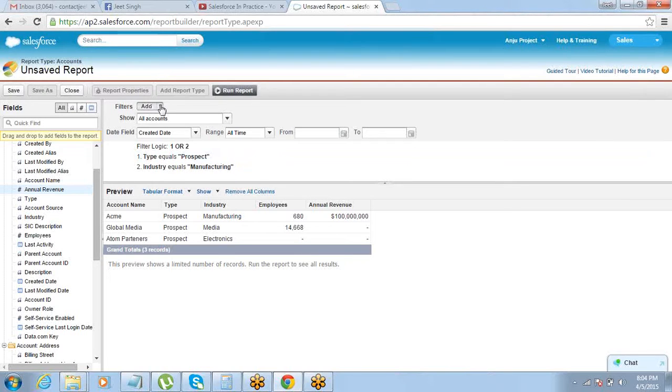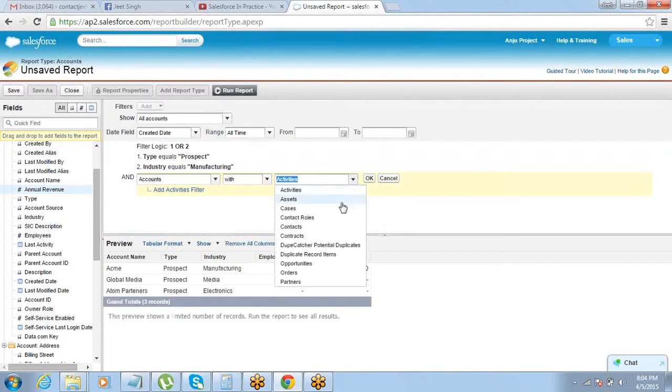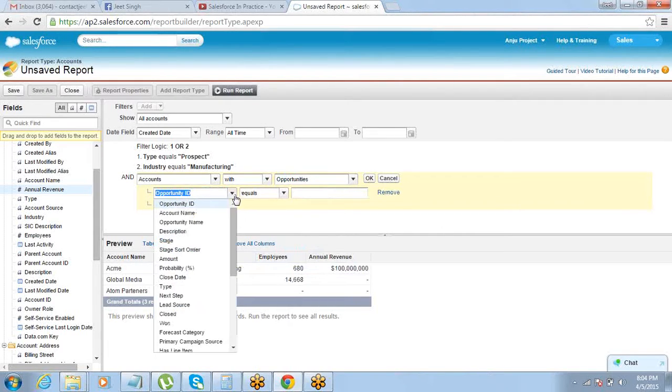So the cross filter can also be put here. You can say just show me accounts with opportunities. You can put further filters on the opportunity, like do you just want accounts with any kind of opportunity or any specific type of opportunity?